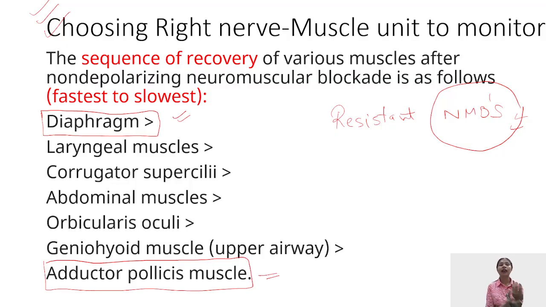That is why the ulnar nerve, which shows the adductor pollicis stimulation, is the nerve of choice when we talk about the recovery phase of anesthesia. When we are talking about recovery, the one muscle to monitor is your adductor pollicis. Now, talking about the